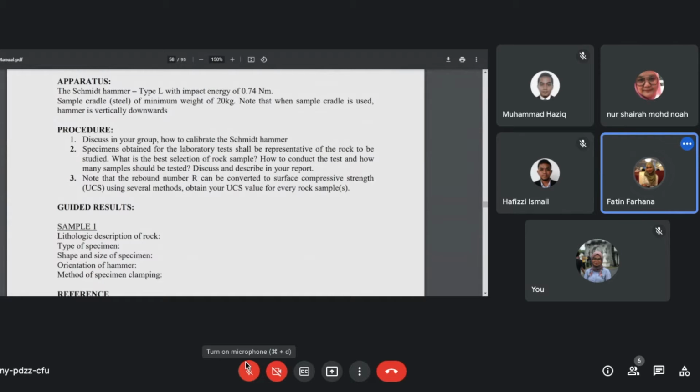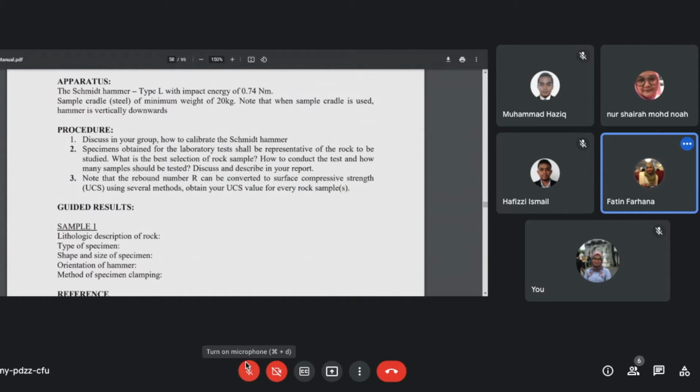Okay, for the apparatus for the Schmidt rebound hardness test, we used the Schmidt hammer type L with an impact energy of 0.7 Newton meter. The second one is a sample cradle made of steel with a minimum weight of 20 kg. Note that when the sample cradle is used, the hammer is held vertically downwards. Okay, for the procedure,